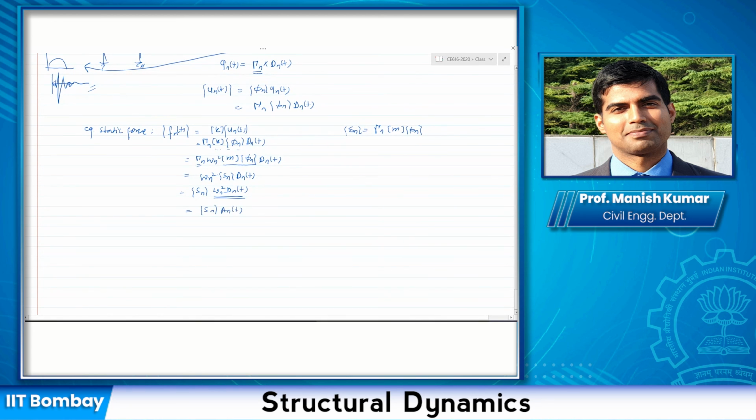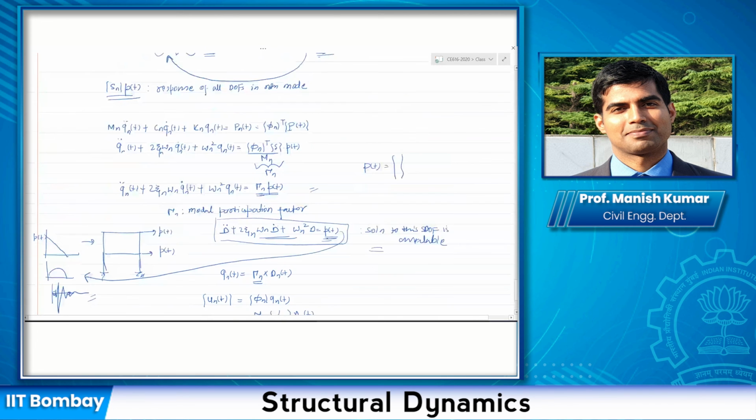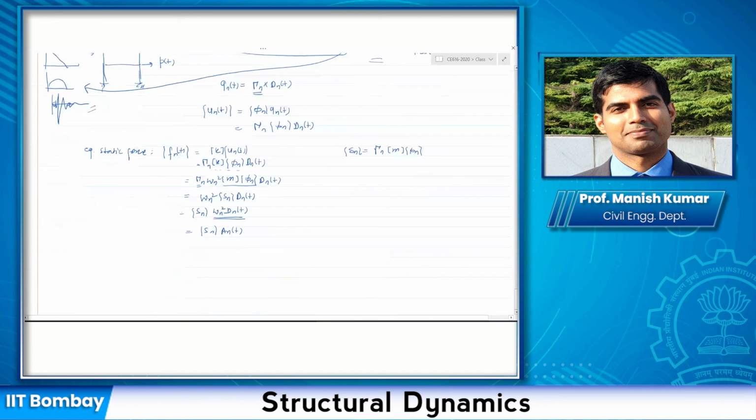In the nth mode. And this is exactly what I told you when I was discussing the physical interpretation, that if you apply a force which will have the distribution s times some time variation, S n basically represents the inertial forces in its nth mode due to those applied forces. And that becomes clear here. I also told you that if you multiply those forces with the acceleration, you would get the equivalent static forces in that particular mode. Is this clear to all of you? Any doubt up to this point?